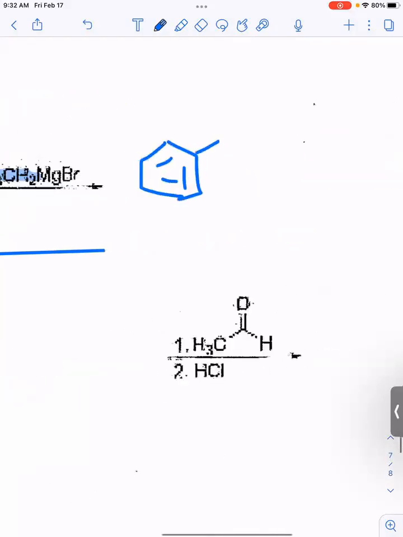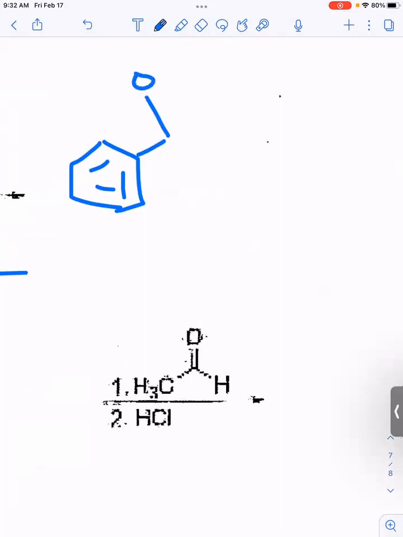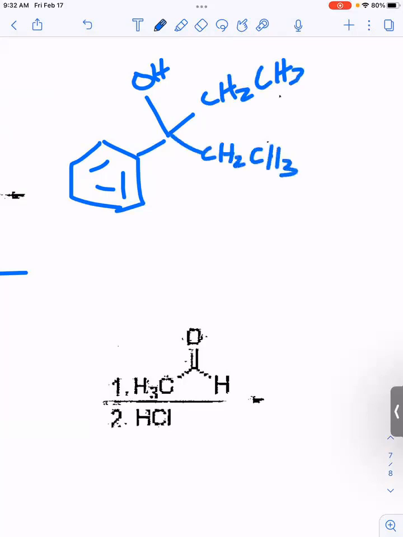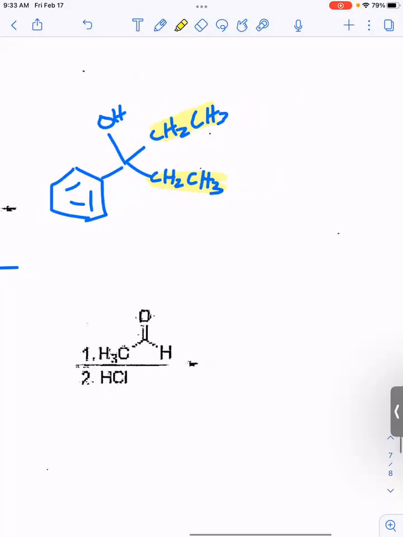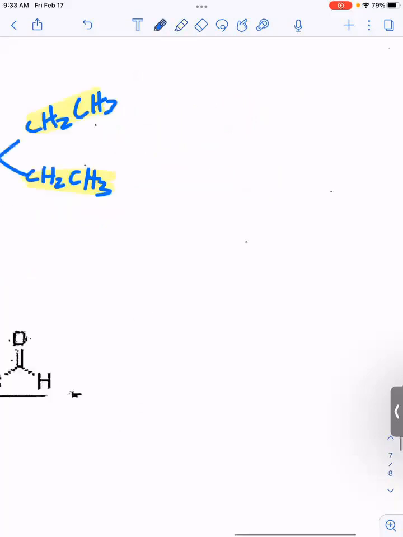Yeah, that's the right ester. So this is the OH. And I'm going to have 2 of these groups on here, right? Is that what you're saying, Mike? Yeah. Okay, great. Both of those groups are added in. And if you want to go through the mechanism, we can do that if it'll help you. And then that'll be that plus